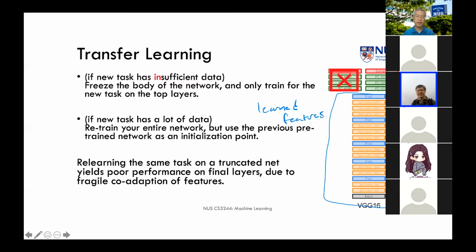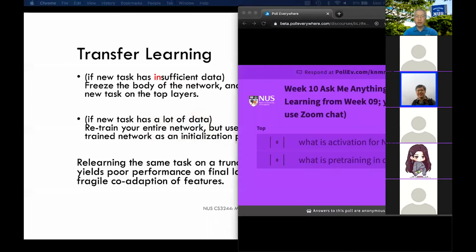Again, if we're doing it on ImageNet, which are real photographs, then we expect a lot of other things that we would find, different types of dogs, for example, or natural scenery, to also take benefit from what we can discern from these learned features. Let's see whether that answers your question. So that is what we mean by pre-training